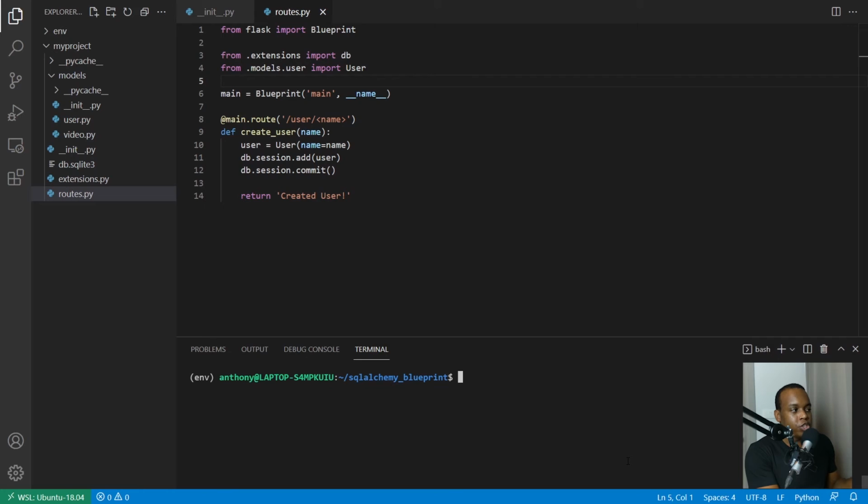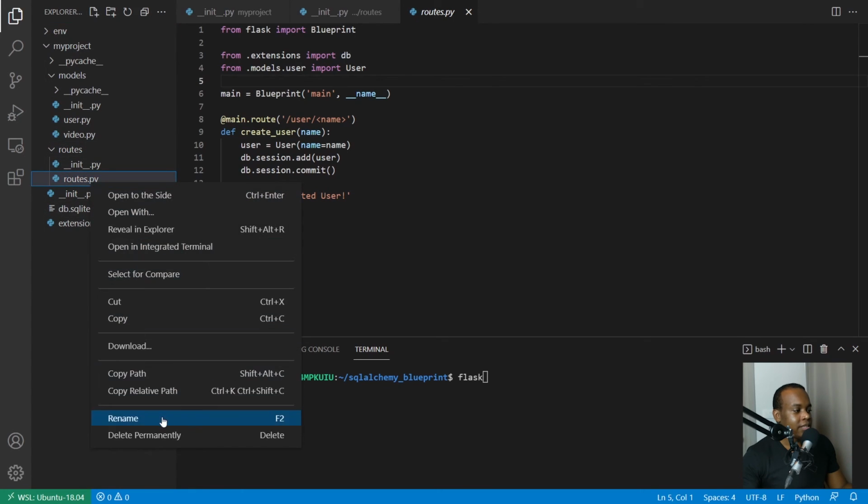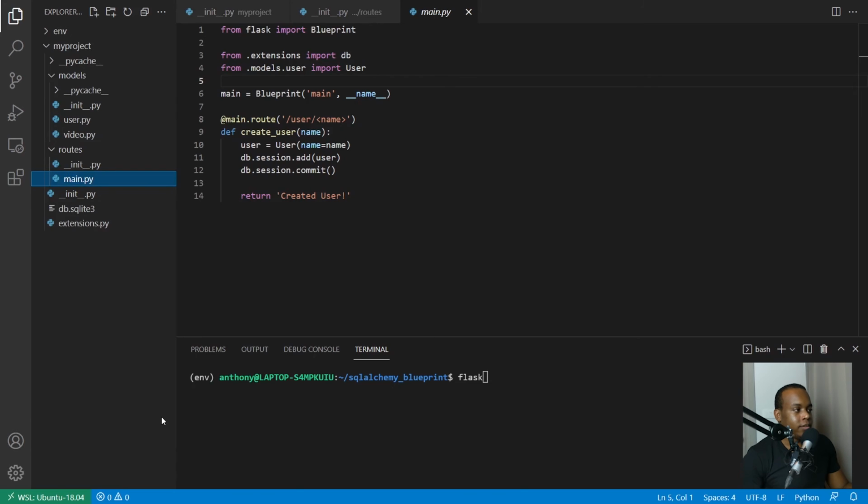So now I want to create multiple files for my blueprints. So what I can do here is I can do a similar thing. So I'll create a new directory called routes. Inside of routes, I'll add the dunder init just like I did for models. And then I'll move my routes.py into the routes directory. And then I'll rename this to main. Right? And then I can have another